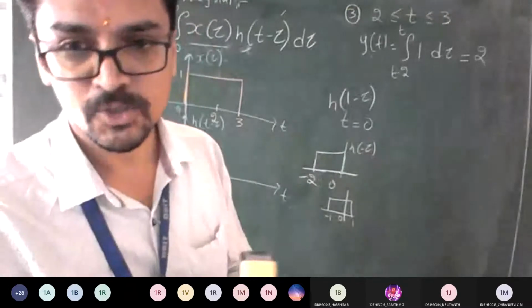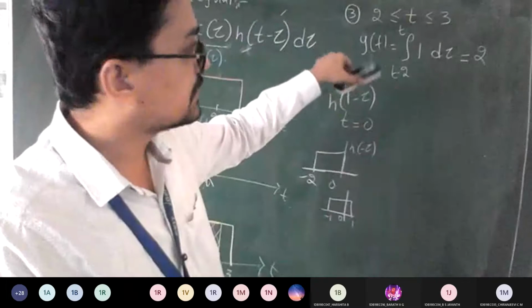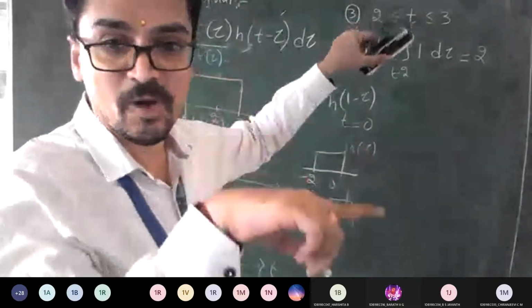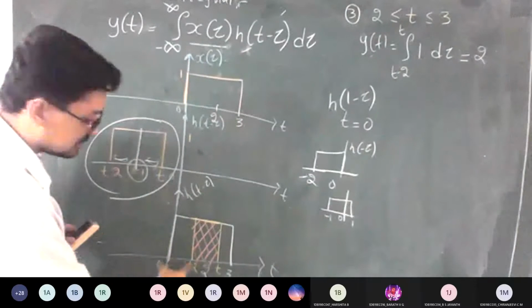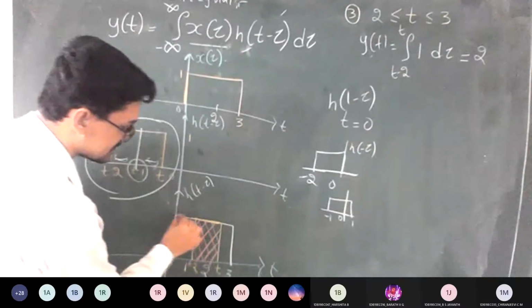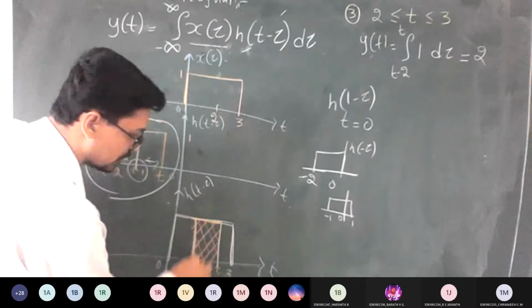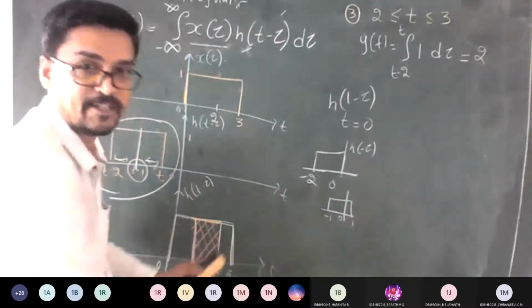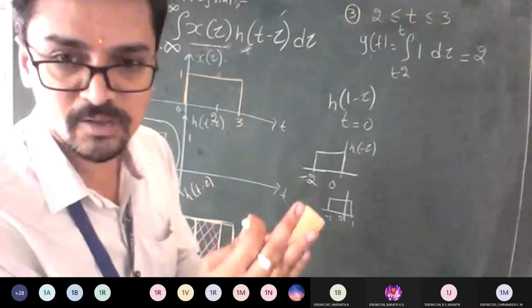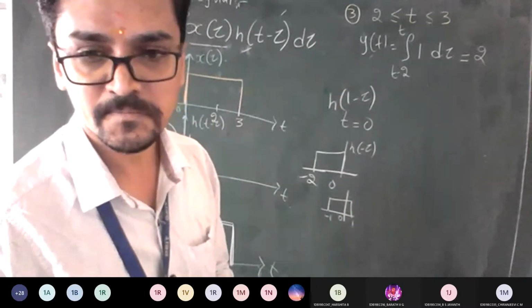Yes, sir. I got it. So in that value, I have chosen the range as T minus 2 to T because that is the zone where overlap is occurring. Look at here. So the signal, this is my X of T and this is my H of T minus 2. Between these two only overlap is occurring, right? I can't take behind this, or I can take front also. So only that overlapping interval we are supposed to consider here. Is it okay or not?